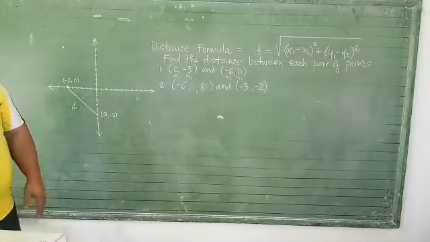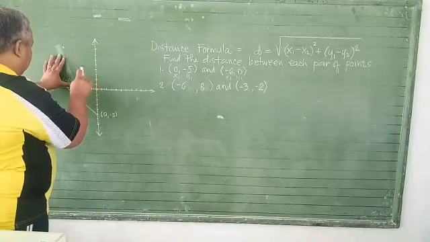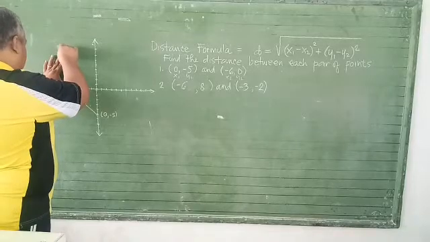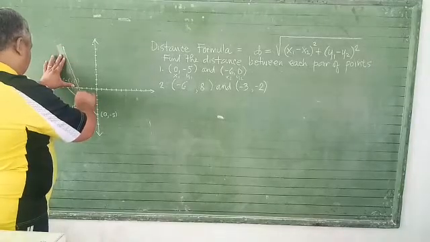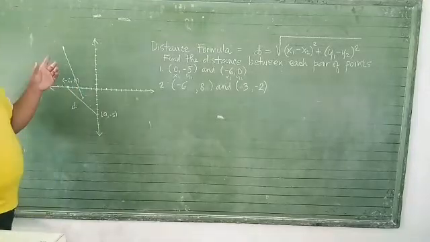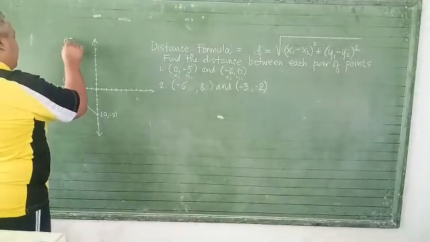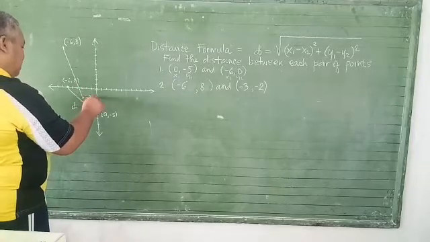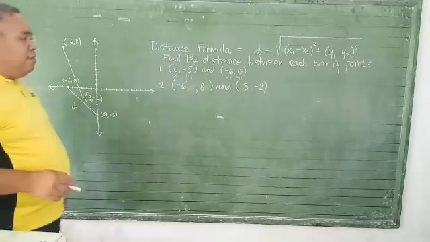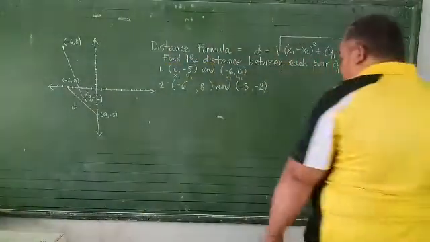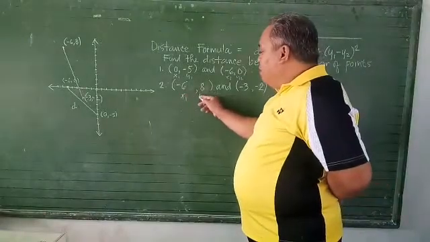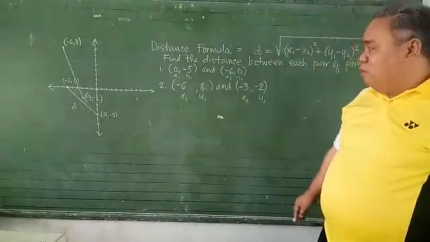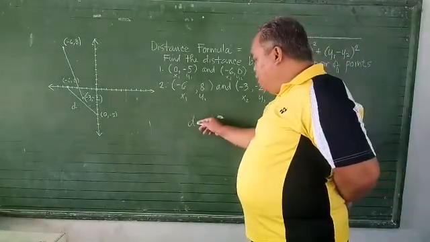We're going to connect the 2 points with a ruler. So the endpoints here are (-6, 8) and (-3, -2). Take note of the points. We're going to label the points: x sub 1, y sub 1, and x sub 2, y sub 2. That's only my strategy, so we don't get confused. Then, solving the formula again, d is the square root of